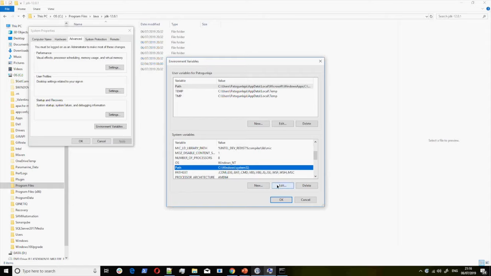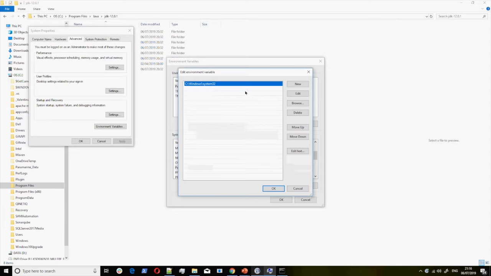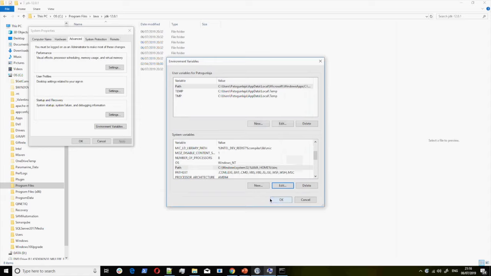I need to edit my path and then click on new and say %JAVA_HOME%/bin. So that's it. Click on OK, and then